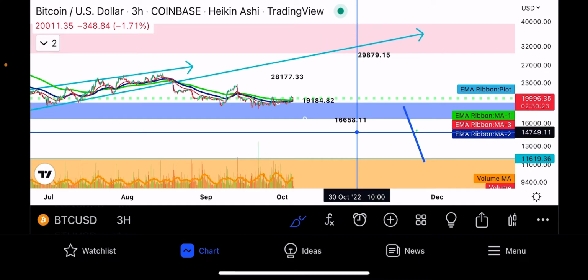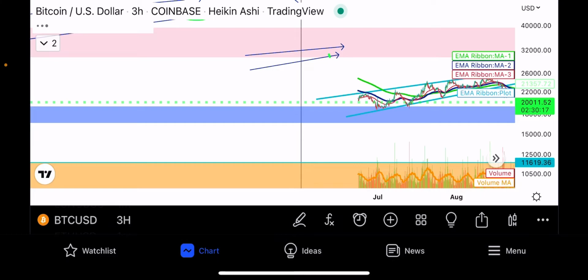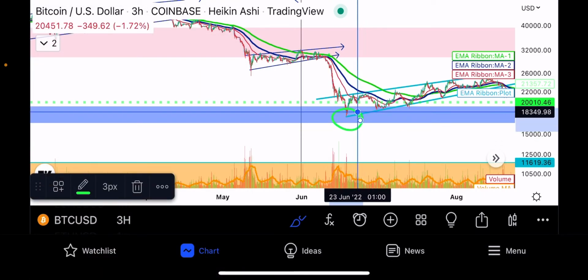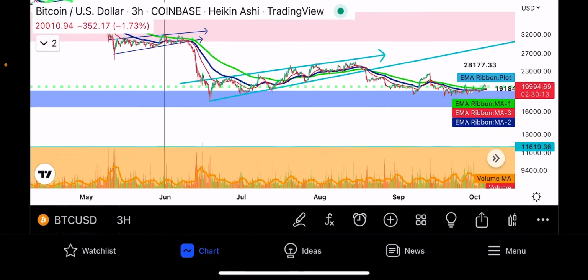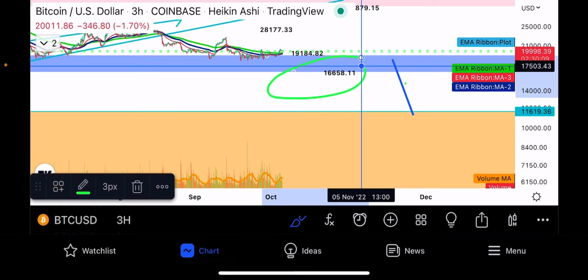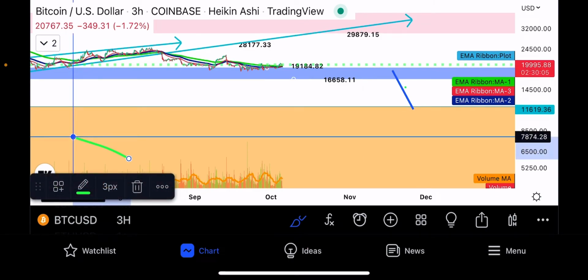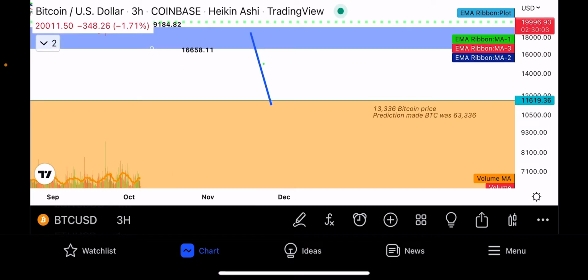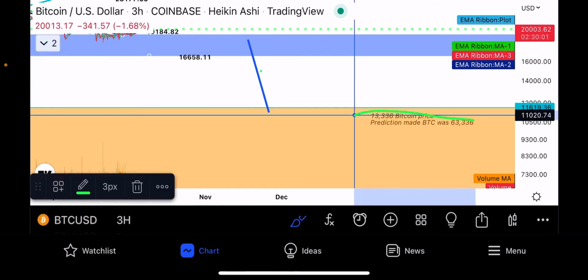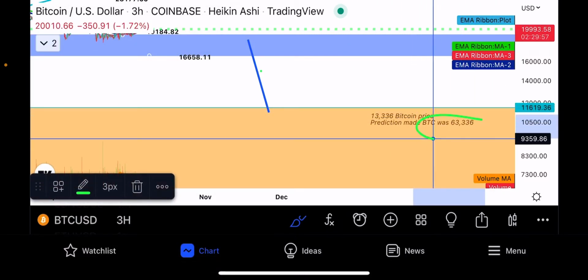16,658.11 as that's a major capitulation zone in the price of Bitcoin, if you did break that, which would break, if we snuck over here, a nearly June low when we had the great flush. And if you break that 16,058.11, you're coming down here close to our, and probably exceeding our 13,336 Bitcoin price prediction, which was made when the price was at